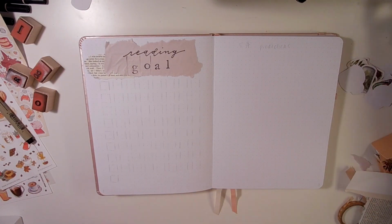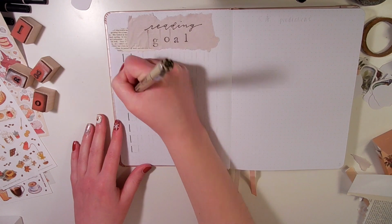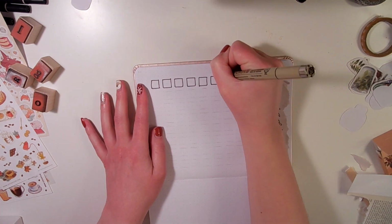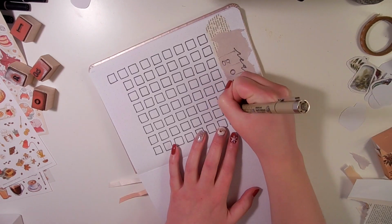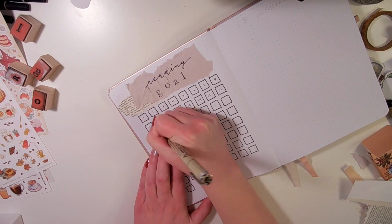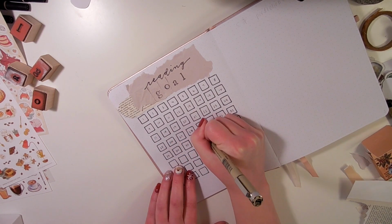that would be something to keep me motivated to read throughout the year, but nothing too over the top and too crazy, just because I don't want my reading goal to be something that completely stresses me out. I am simply stressed enough in my life. I don't need to be stressed over anything else. So I wanted to keep my reading goal pretty reasonable, but also something that can keep me motivated to read